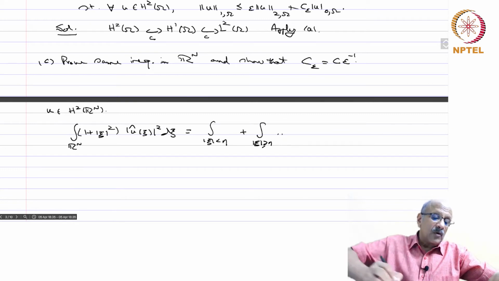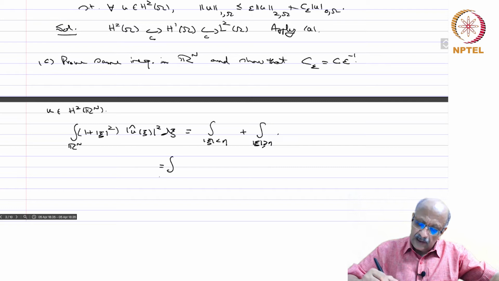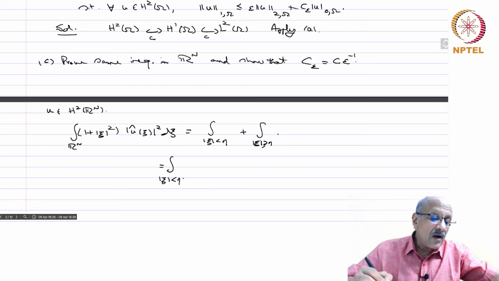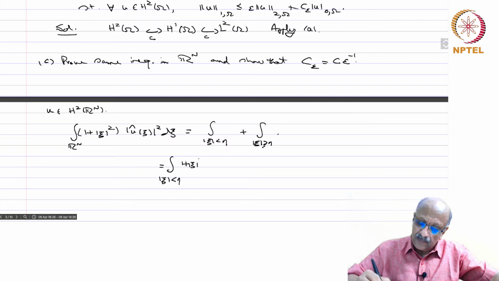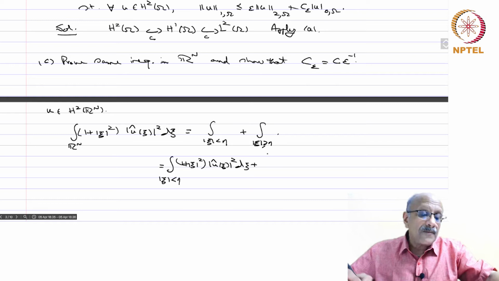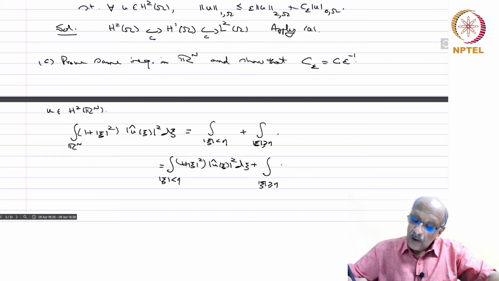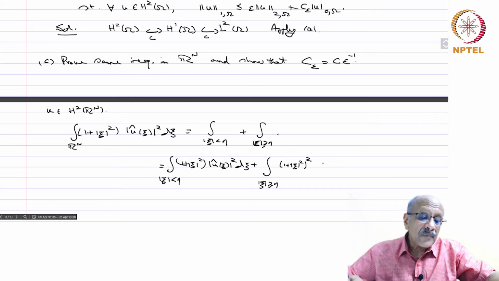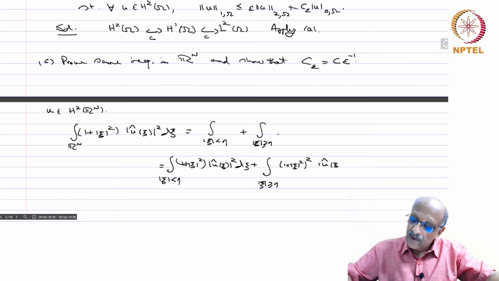Okay, so that is equal to integral mod xi less than eta of 1 plus mod xi square mod u hat xi square d xi plus integral mod xi greater or equal to eta of 1 plus mod xi square whole square into mod u hat xi square by 1 plus mod xi square d xi,